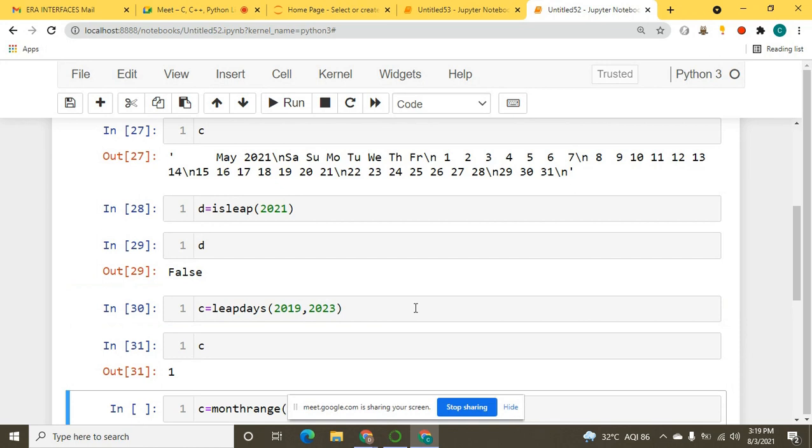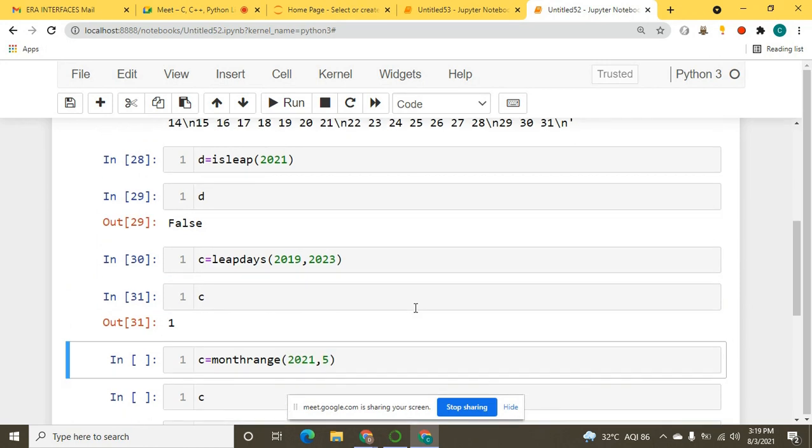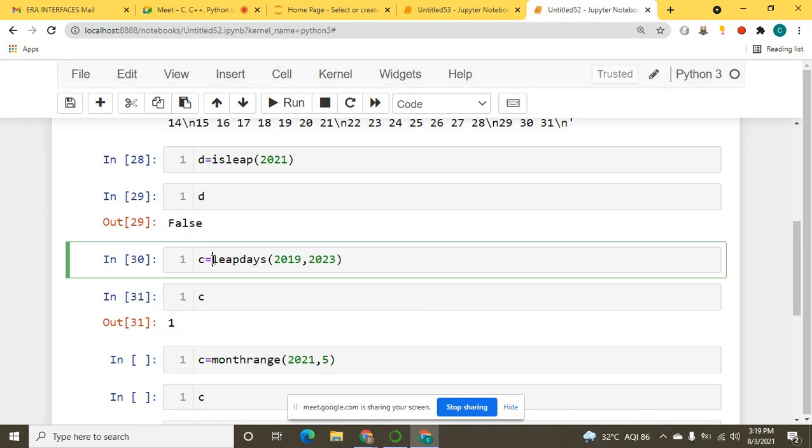In 1 year we have 365 days, but in the leap year we have 366 days. So when I said I want to find out the leap days in this range, I'm passing 4 years only, so between these 4 years I will get one extra day only, which is one.